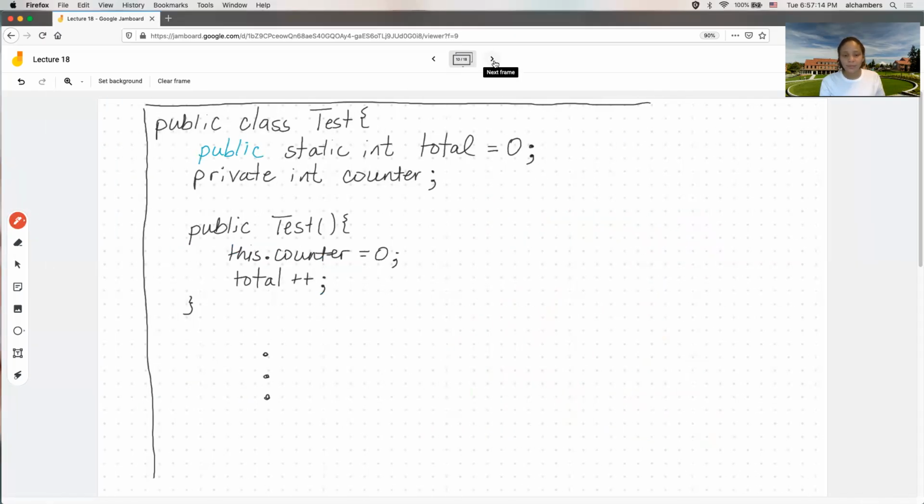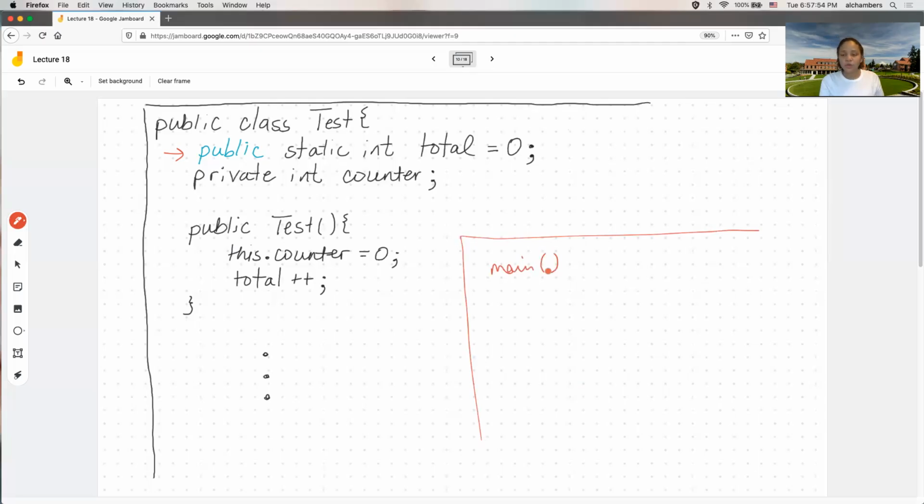Okay, last but not least, this is something interesting. What if I declared total to be public? As I said at the beginning of this lecture, the static keyword interacts with private and public in ways that maybe seem unrelated to the definition. So let's look at an example of this. Usually our variables are private, but we could have them be public. If I had a public variable, period, if you have a public instance variable, if you have a public static variable, what that means is in my main method,